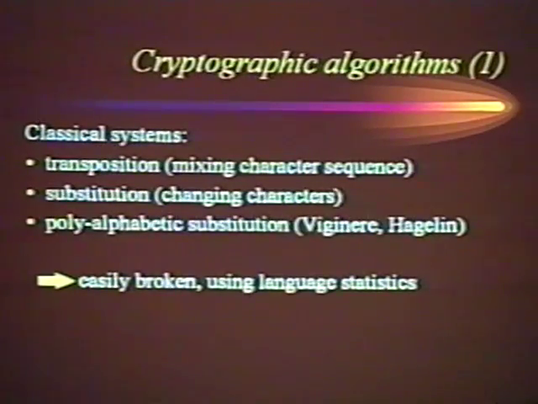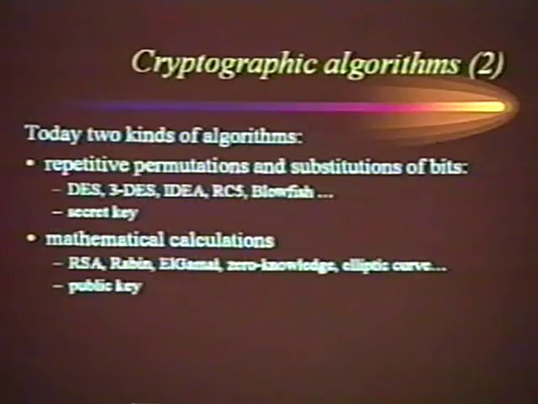A very simple metric is the fact that in most Western languages, the character E is the most frequent character. So if we use a classical encryption system, we can use this idea to break the system. These classical systems were developed thousands of years ago. I think Caesar was recognized as the first one to use them. But only in the last century, I think, we really got a couple of new, much stronger cryptographic algorithms.